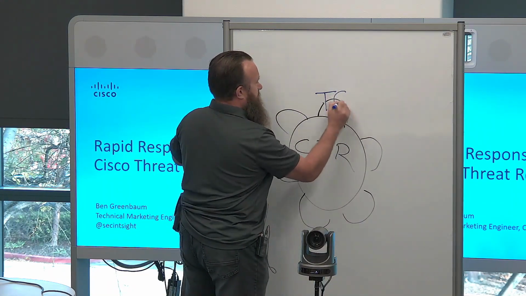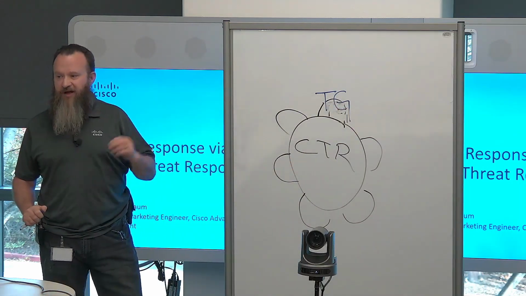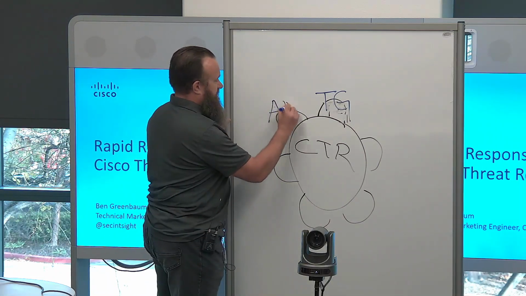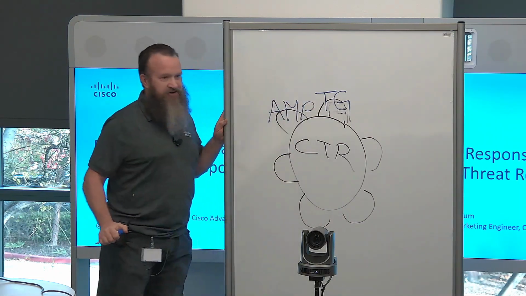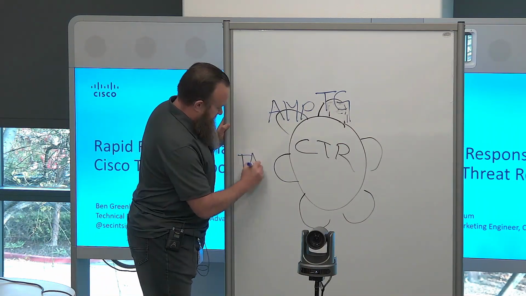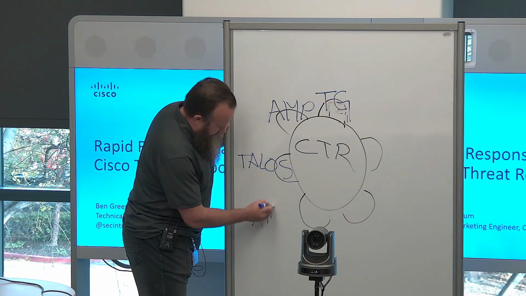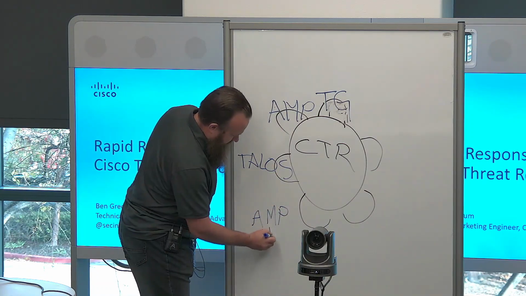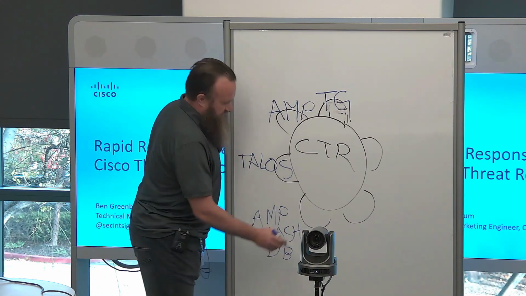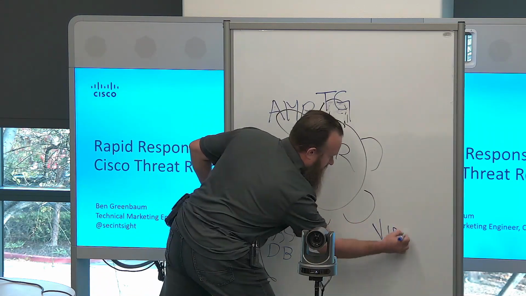We've got a module for Threat Grid. Threat Grid is our advanced malware analysis platform and malware threat intelligence system. We've got a module for AMP, advanced malware protection for endpoints and various edge devices. We've got a module for the Talos threat intelligence database. We've got a module for the AMP hash reputation database. And we've got modules for various other systems. I'm going to call out one. We have a module